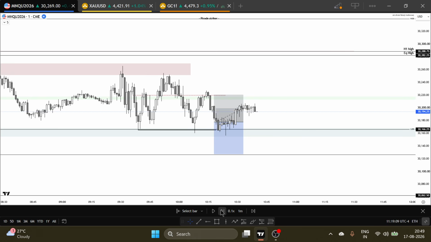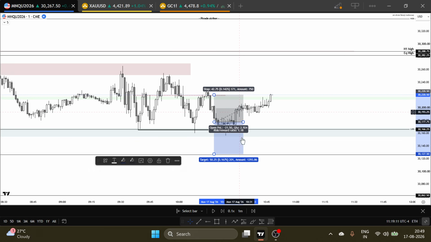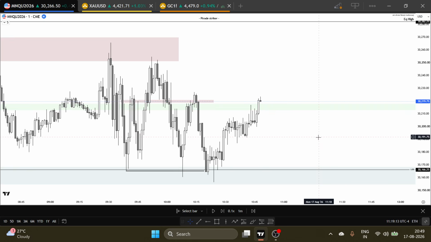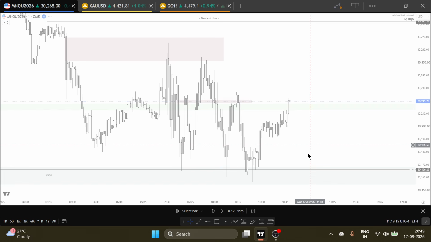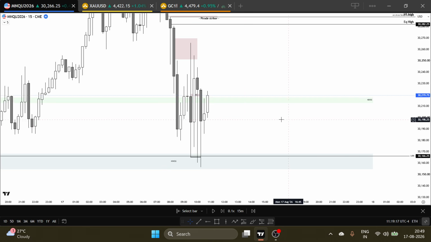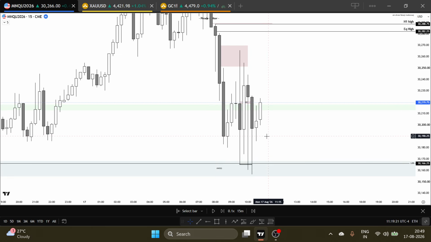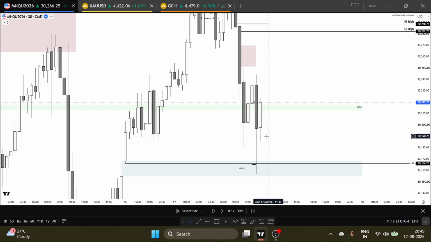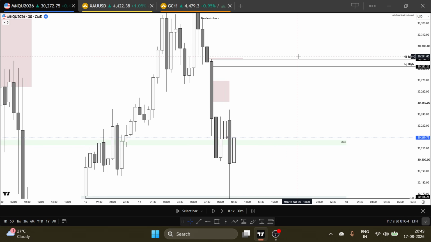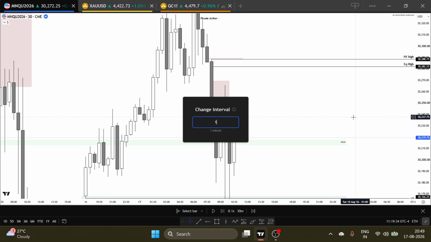price hit my SL. As price hit my SL, now I'm really confident, because of the way this 15-minute candle rejected from the downside, there's no 15-minute candle closing below the previous 15-minute candle low. Also, when you check the 30-minute candle, there's no 30-minute candle closing below the 30-minute candle low. So there is a high probability that price will push up. Also, a range got activated for the upside. This is the H1 candle high range.